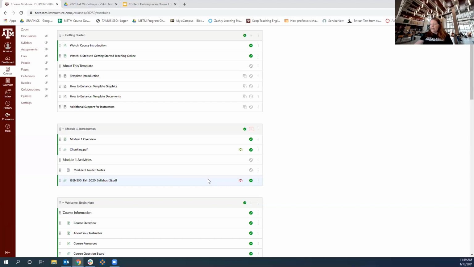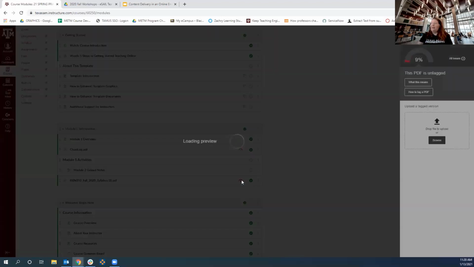One thing I noticed is I added my file and I see this little red symbol. What this is telling me is that in that file, there's something that's not correct as far as accessibility. It's done a check on the file, and there's some minor error or a warning. If I click on that, it'll let me know what's wrong, and this PDF is untagged.